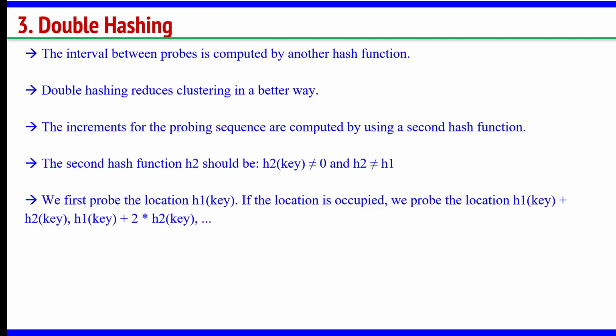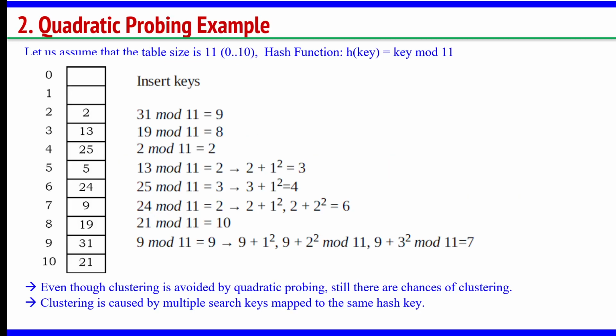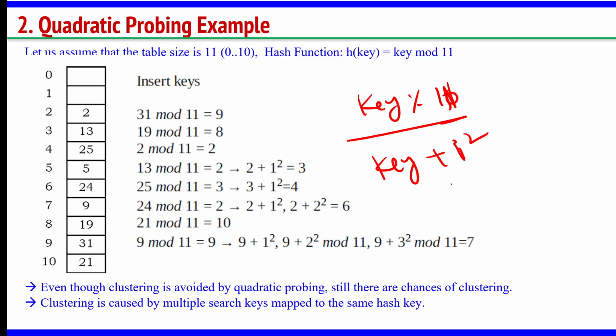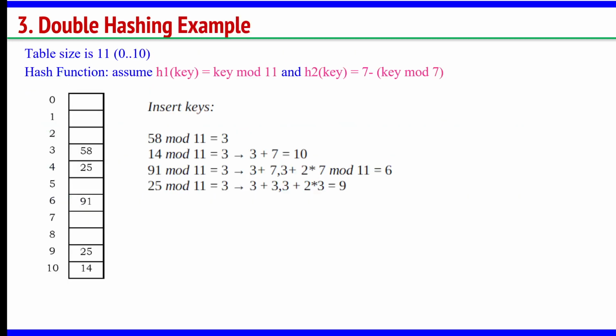Now, in the first two cases, linear probing and quadratic probing, you are using one hash function h1, say key modulo 11 or 10. If there is a collision, you modify that hash function, that is, you do key plus 1 square, 2 square, or key plus 1 in linear probing. Here we will be using two hash functions. Double hashing means